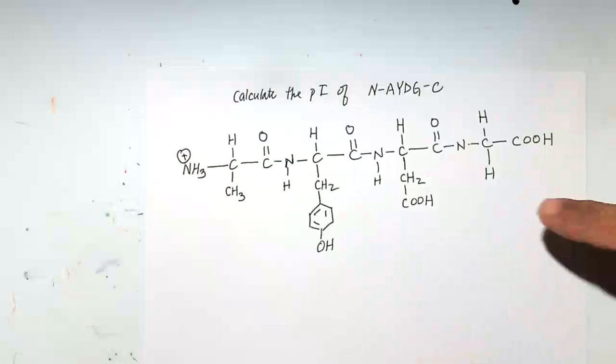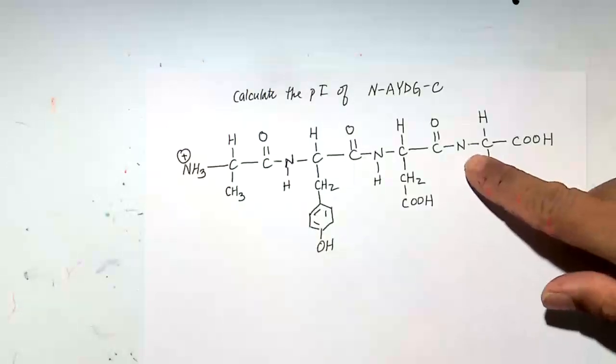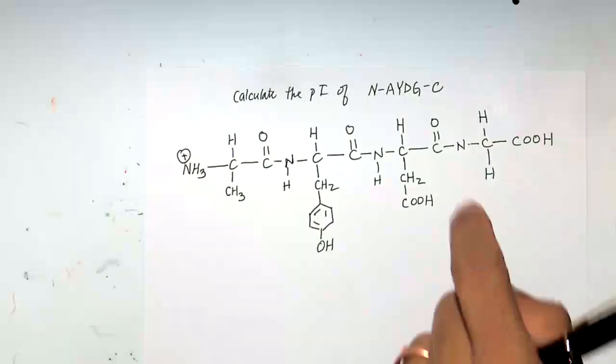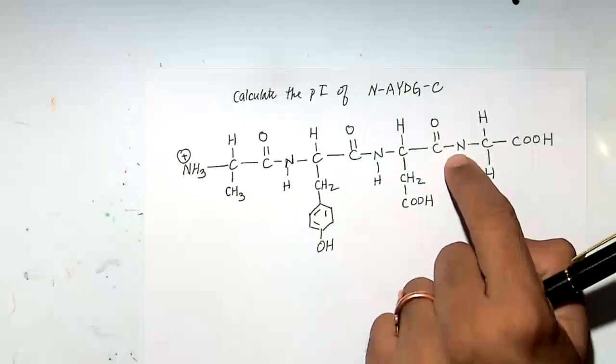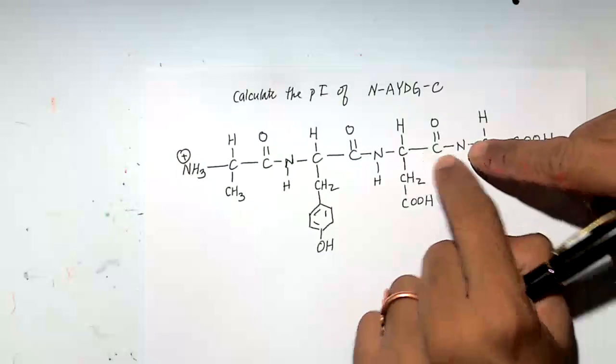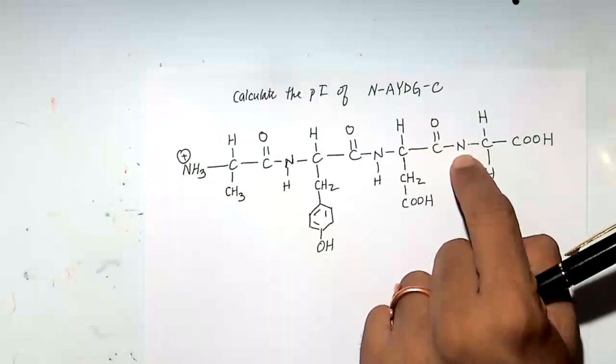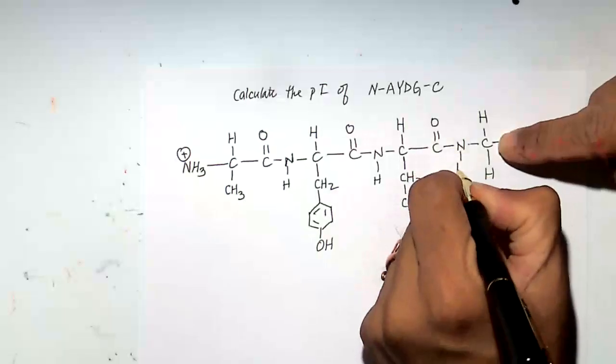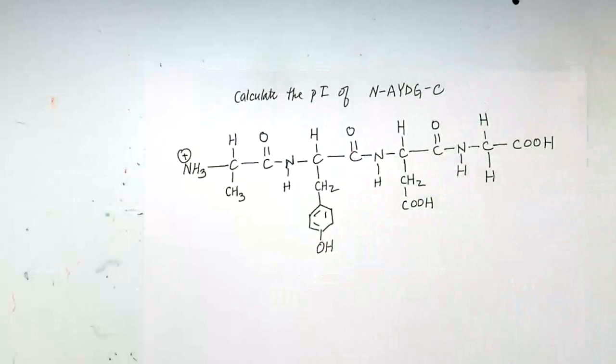Why isn't there another H with the N for the last amino acid, for the glycine here? This used to be the alpha amino group, but it formed a peptide bond with this. Okay. So there's no H. Oh, you're right, you're right. I'm so sorry. Sorry, you're right, I'm wrong. Yeah, peptide bond, yeah. All right, so